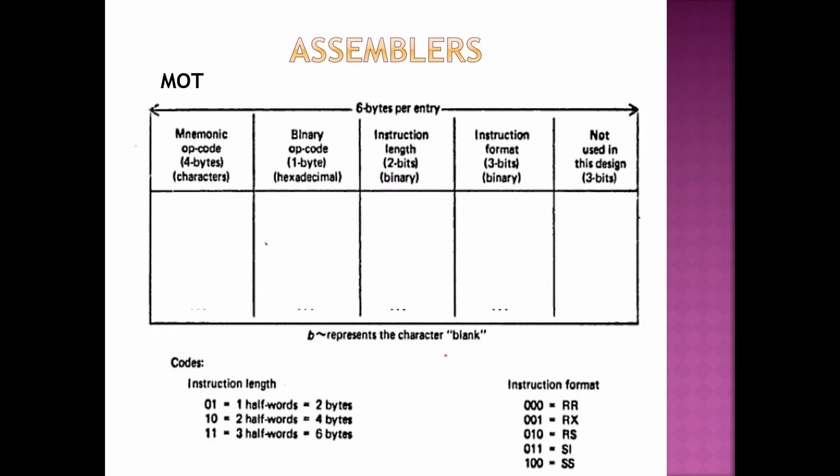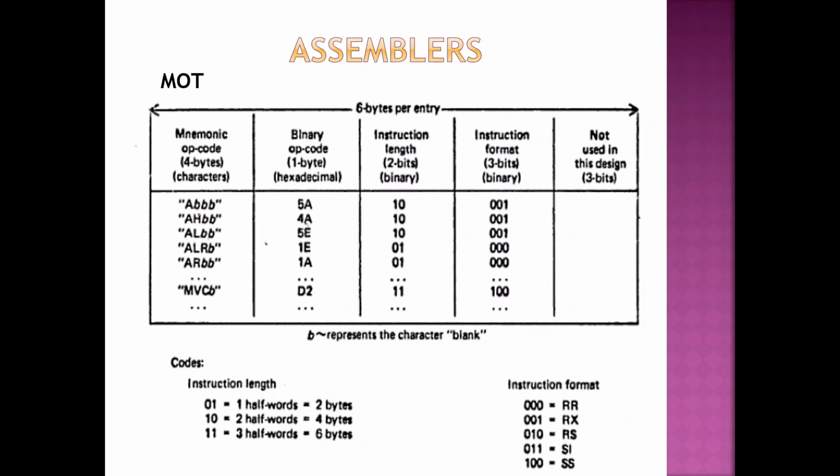Okay, let us see them one by one. What do you mean by MOT? I told you, machine ops. All the instructions come under machine op only. The list of instructions of IBM 360 is all present in this particular table, which is called the machine op table. All the instructions will be there. For example, starting from the first instruction, there is an instruction called A, and starting from that you have all the instructions stored in this machine op table.